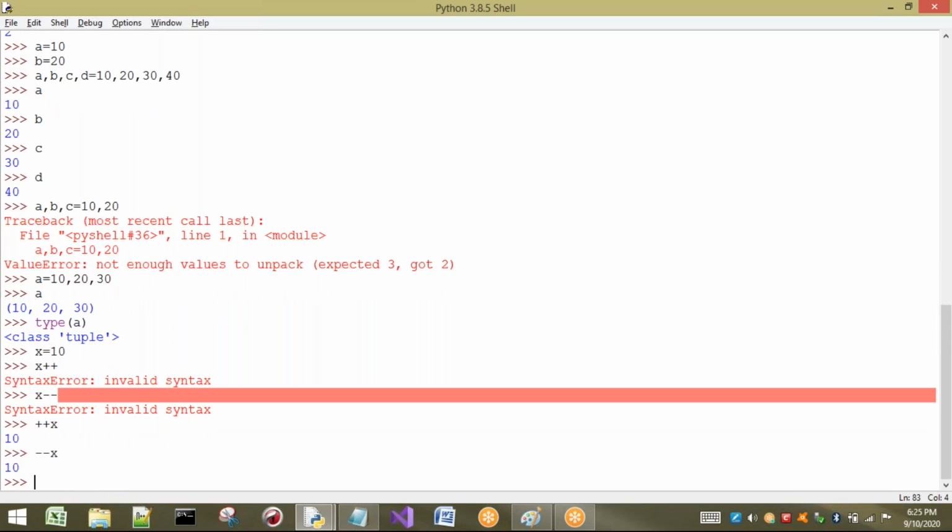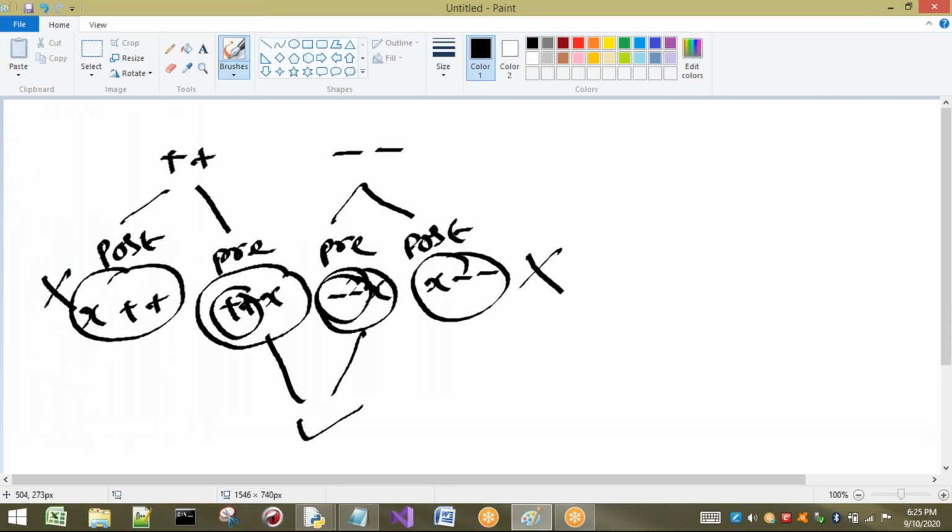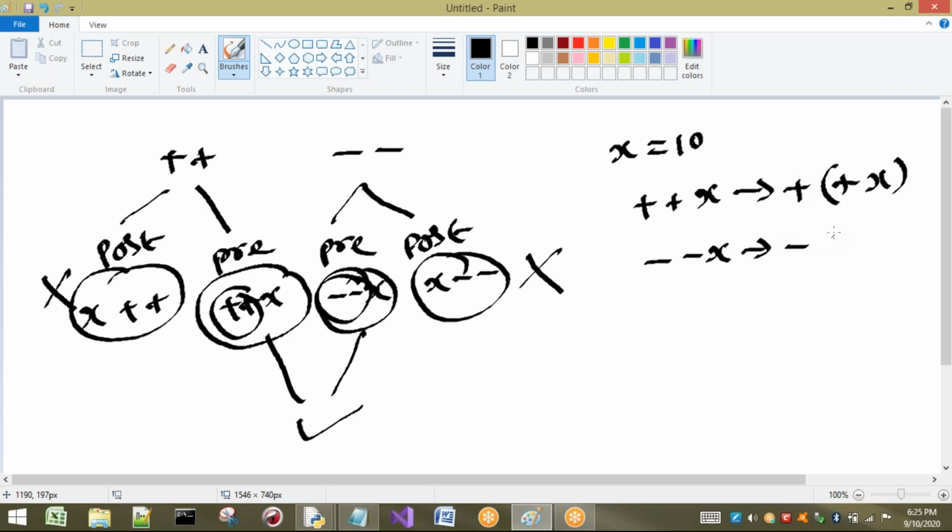Here I told that these two are valid. I have taken the x value as 10, and plus plus x is nothing but plus of plus x. It is going to be considered in this way in Python. Minus minus x is nothing but minus of minus x. So we got this type of result. This is the reason how it is performed.